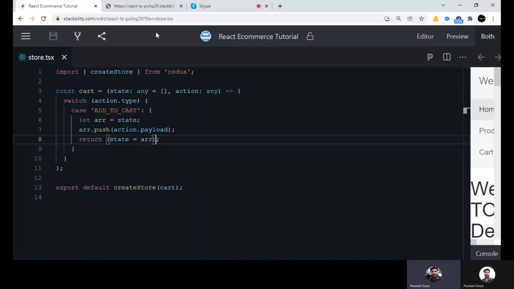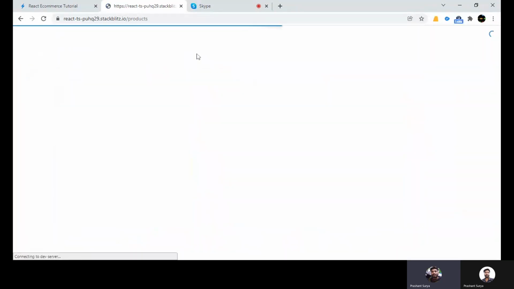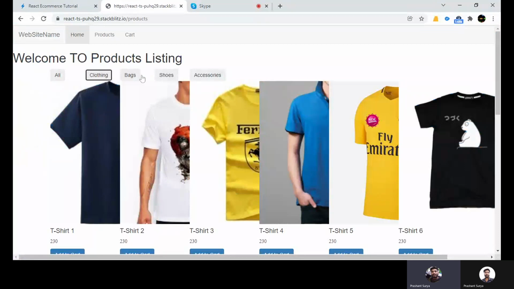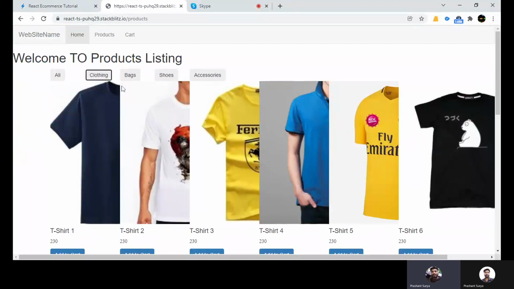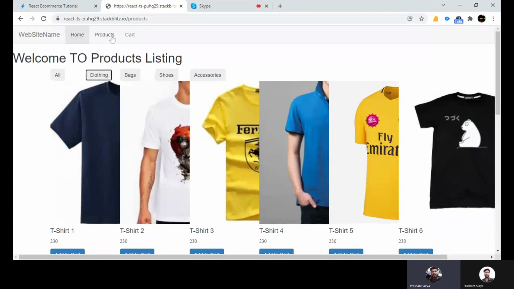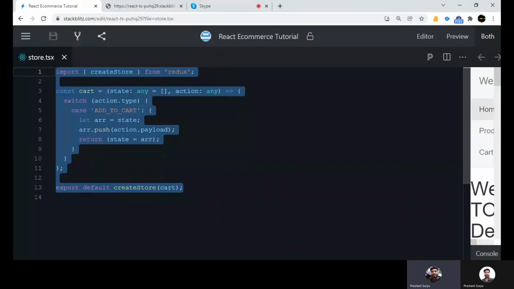So hello friends, in the last tutorial we have covered the products listing page. We have done with the listing page, and in the listing page we have multiple category buttons. According to the buttons we have sorted the dummy data and filtered the character record. And we have just implemented Redux as well, so that we have created a simple store with the